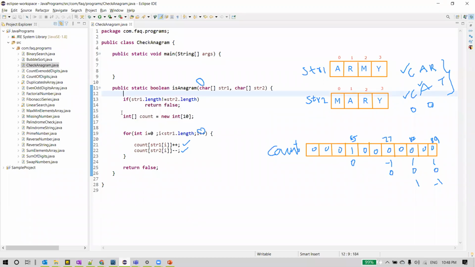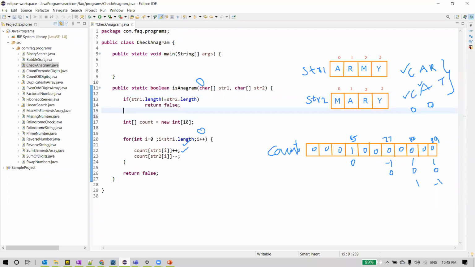To have the size, we'll declare a variable. I'll name that as max char. This can be 128 or 256 according to your requirement. I'll use this variable here. Now my count integer array is declared, and it has 128 elements in it.